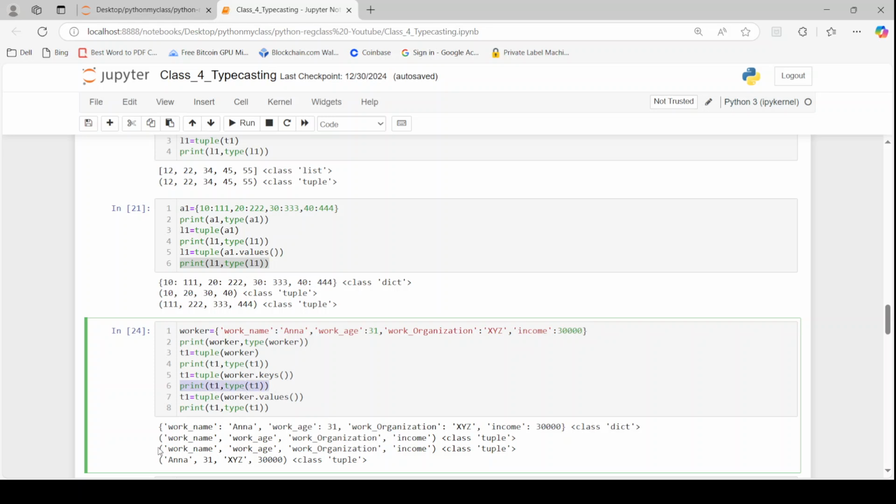When you do that, again you will get the same thing, just like here you got. Okay, the same thing here also you will get. What you will get here is a tuple, and inside this tuple you will have the keys of the dictionary. And here you can see explicitly, this says class tuple, meaning this is the output of type t1. Type t1 gives this result, class tuple, meaning the output that I am getting here is nothing but of tuple data type. Okay,